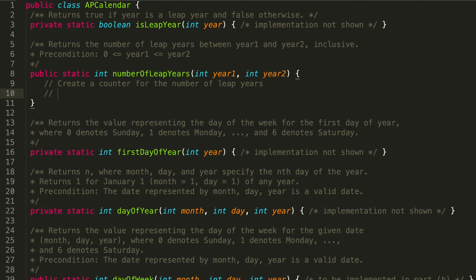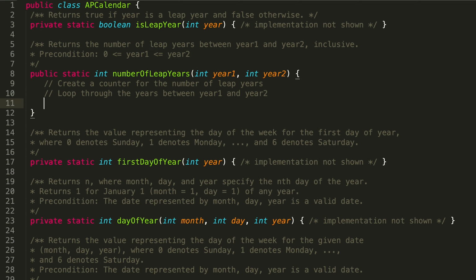Next, we're going to want to loop through the years between year 1 and year 2. So that means that we need to take a look at every single year that's in between that range. And we know that it's a range because we're told that year 1 is less than or equal to year 2. So we want to loop through those years. We want to look at each year by itself. And if the year is a leap year,